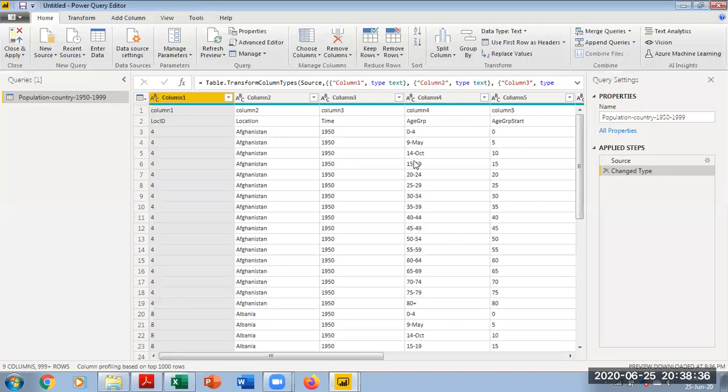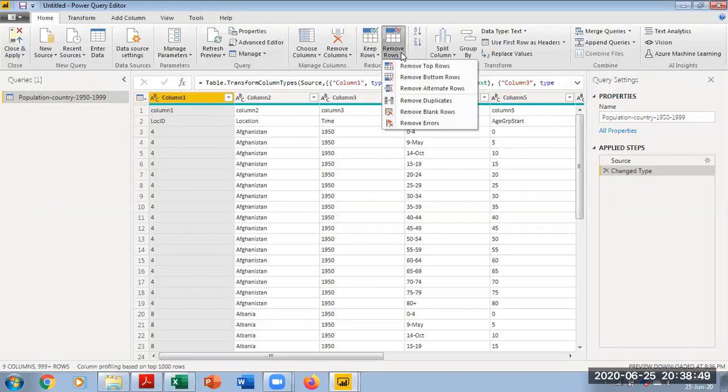First of all, let me adjust the data so that I can see what columns I have to retain and what columns I have to remove. So let me remove the first line item. If you're using Excel, you'll just select the first line item and delete it. But here we have a methodological way to do it.